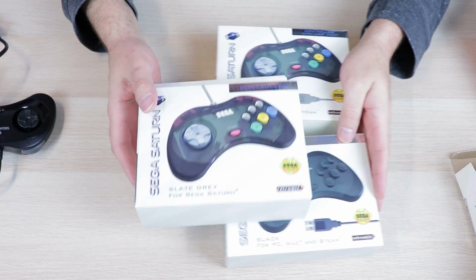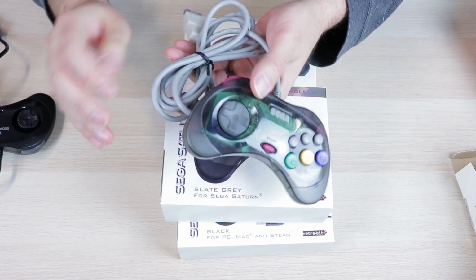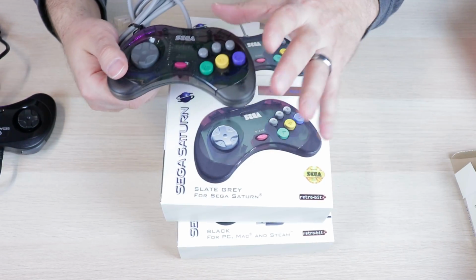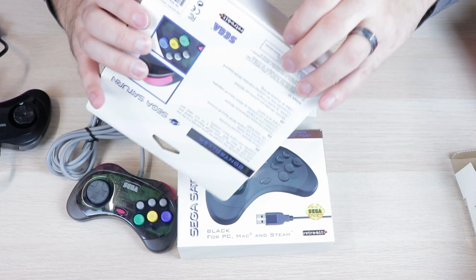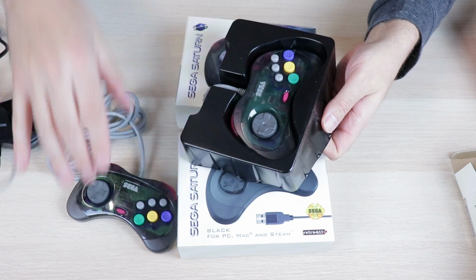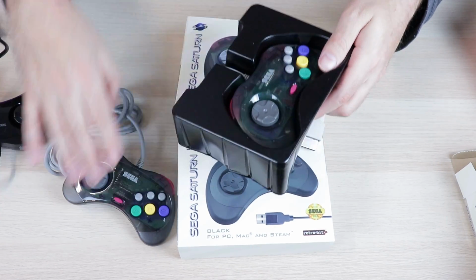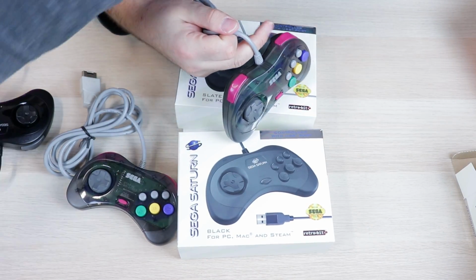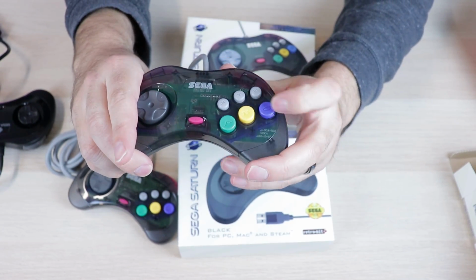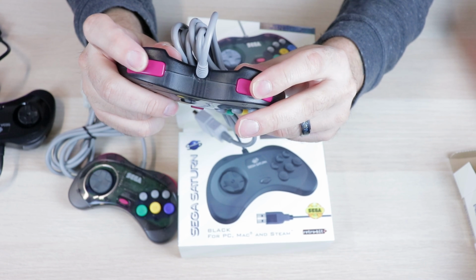Now let's go ahead and take a look at the cool pad, the slate gray color as they call it. I do have an original right here. This was released back in '98. These, 2019. Now, flipping amazing stuff. You almost can't tell the difference if you don't realize how the little board, the PCB, looks inside there. But here we go. Sega logo, our colored A, B, and C, our start, our X, Y, and Z, and then our, I don't know what they call these, but